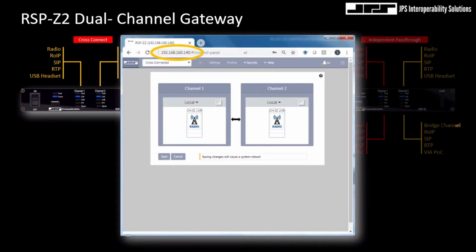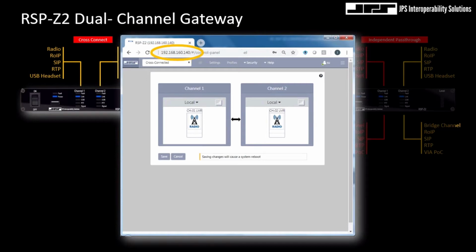And we'll see how we can use those digital interfaces in a moment. You can securely log into the RSP-Z2 by entering the IP address of the gateway into a browser, and you'll be asked to enter your username and password as usual. From this user interface, you'll be able to manage the connections and configure the digital signal processors that support the connected donor radios. And you can check our previous webcasts for examples of land mobile radio configuration interfaces of the